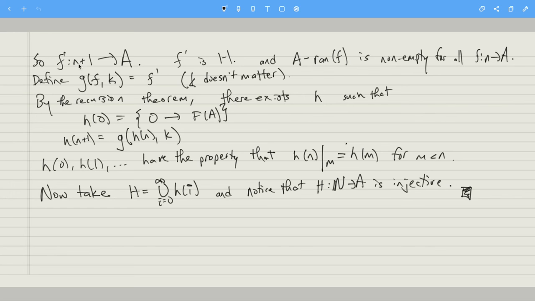Right, so here's some things which we should check. We should check that the domain of f prime is a natural number. Yes, it is. We should check that f prime is 1 to 1. Well, that's because f is 1 to 1, and the way we define f prime is that f prime of n is different from all the previous ones. So that kind of guarantees that f prime is 1 to 1. And finally, the only reason this works is because